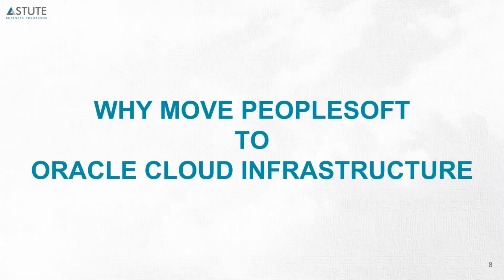Why should you consider moving PeopleSoft to Oracle Cloud Infrastructure? And this is very specific, as you can see in the header slide here. We're not talking about why PeopleSoft to cloud. We're specifically talking about why PeopleSoft to Oracle Cloud Infrastructure, and why should you consider that? What are the benefits? What should you expect going into that solution, and how you can be successful in executing